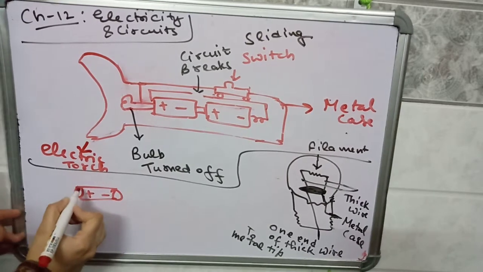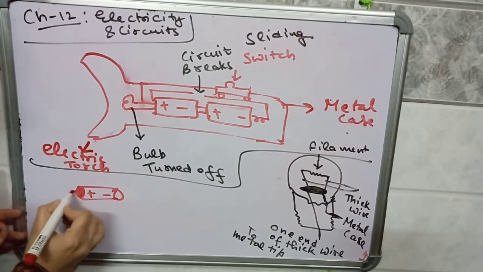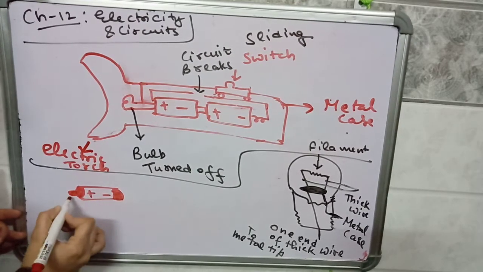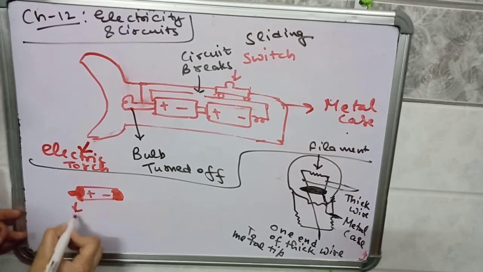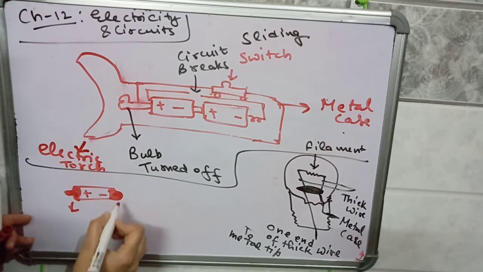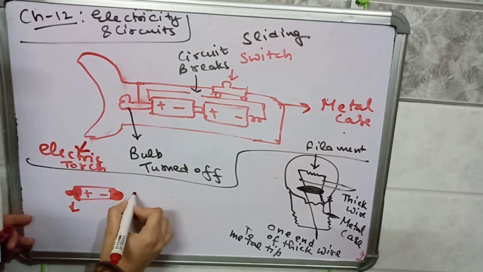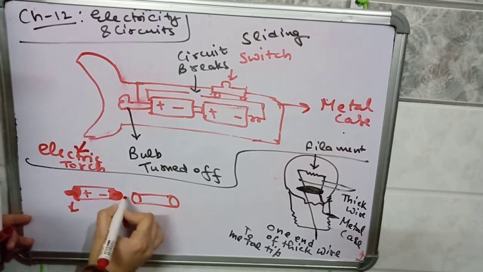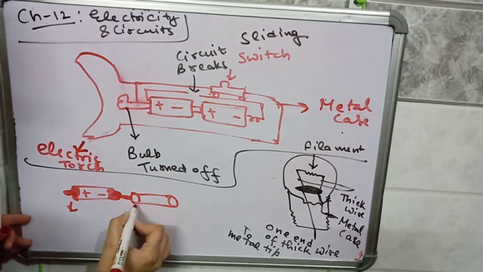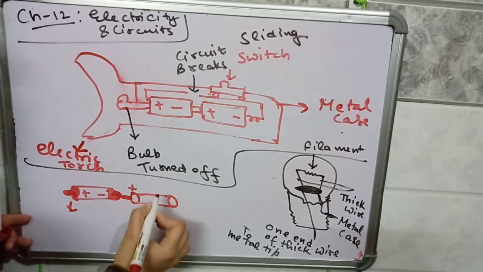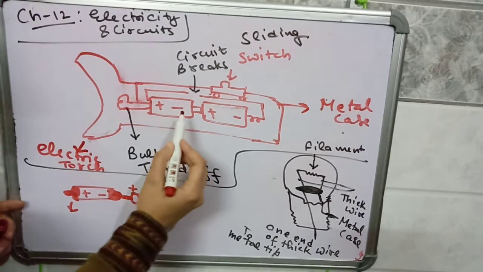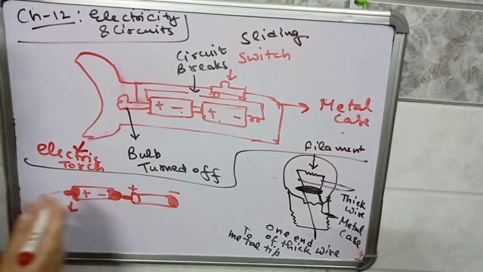Okay, so you must have seen this cap-like structure in a cell, and there is a metal disc. So this cap-like pointed structure is the positive terminal and this metal disc is the negative terminal. Take another cell, whose cap-like structure will be connected to the negative of the first cell, and this cap-like structure has the positive end, and here is the metal disc, having the negative terminal. So always the negative of the first cell is connected to the positive of the second.